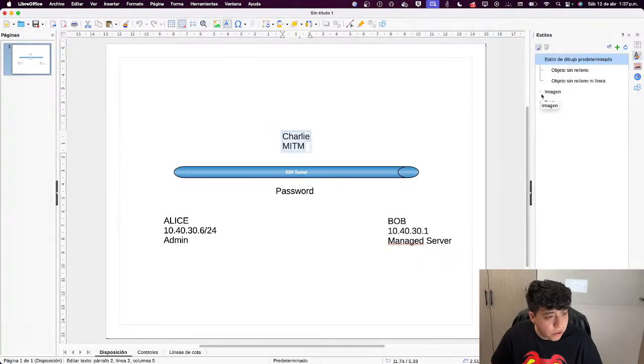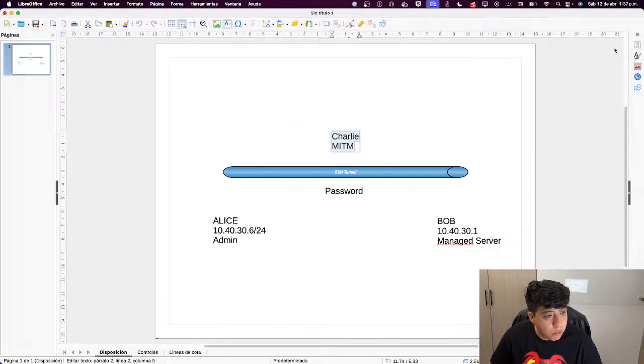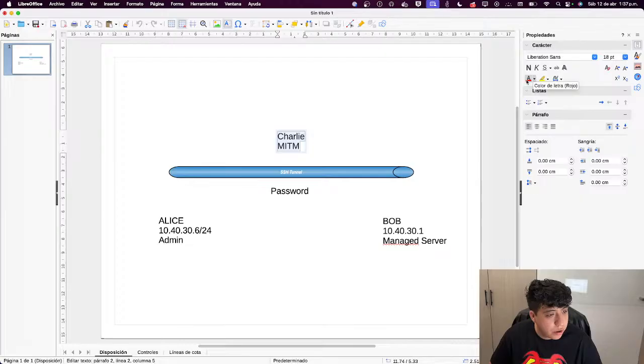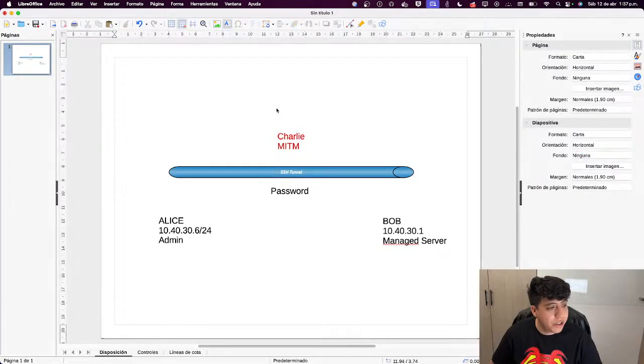And it would be so bad for everyone because we wouldn't be able to know what Charlie wants to do with that information. So you share this password, you get access, but maybe that password could be logged through the connection. But that is not the reality. The reality is that at the end of the day, these two users